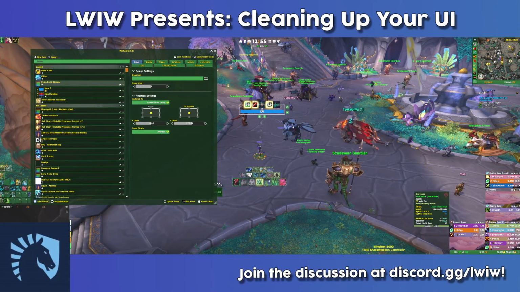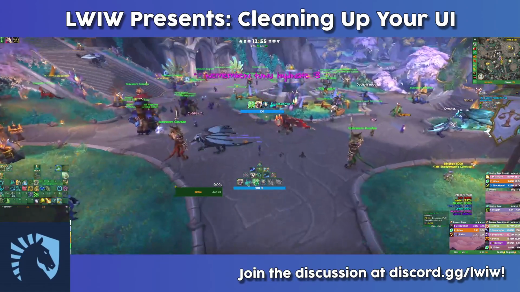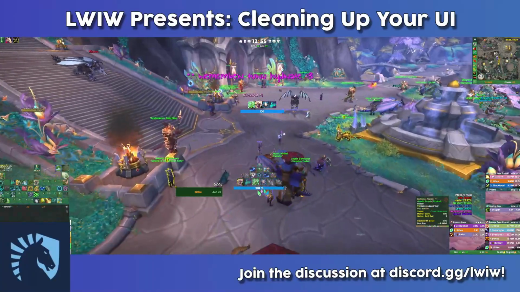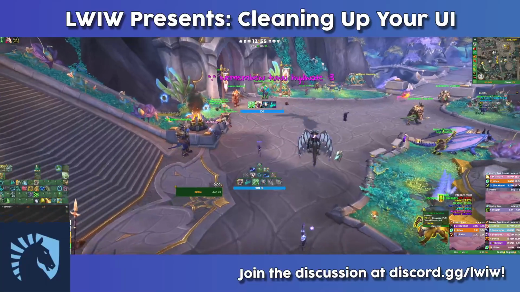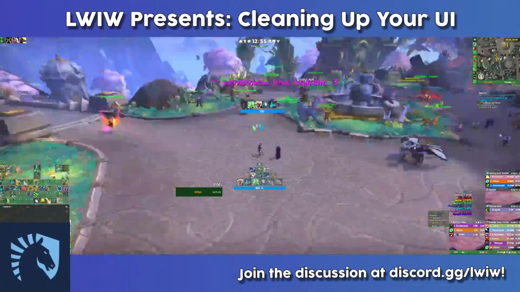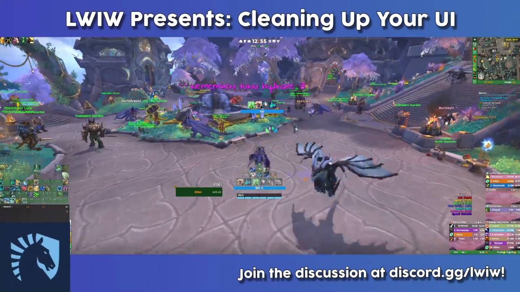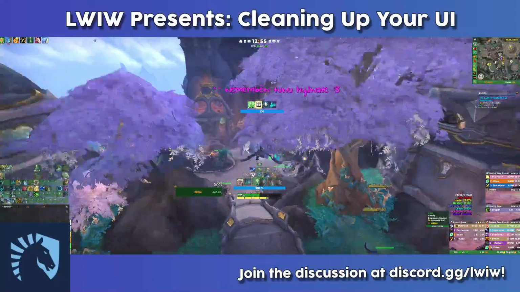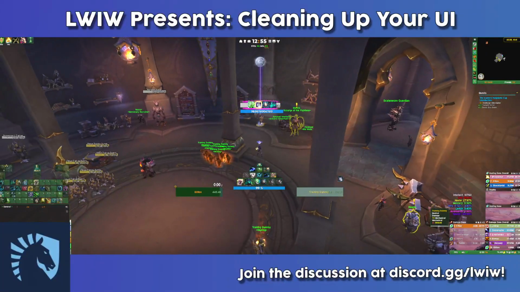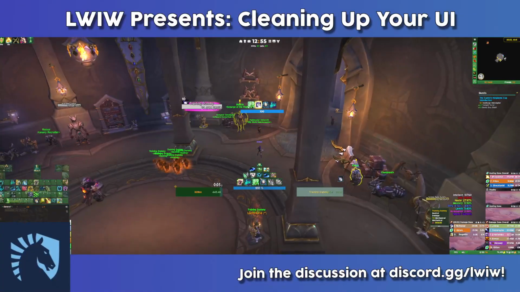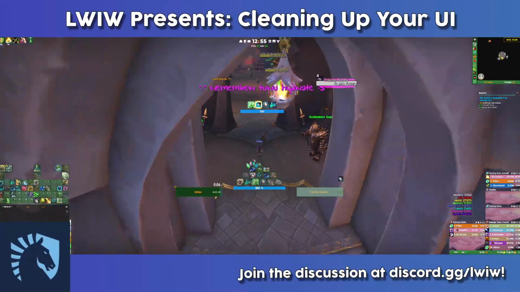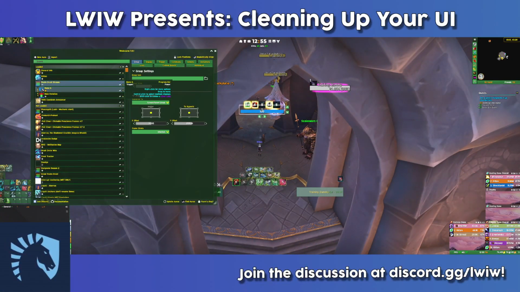I'm actually going to use this set again. If you look at the two different sets of WeakAuras here, one thing that you can notice is that the WeakAuras that I have and use are a little bit see-through, whereas the ones up here are completely opaque. If I wanted these ones to be a little bit see-through as well, and I'll show you here in a second that the ones on the bottom are going to become opaque when I get in combat. So in order to have these fade out like that, what I will do here,